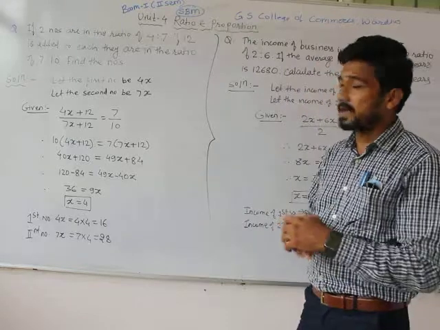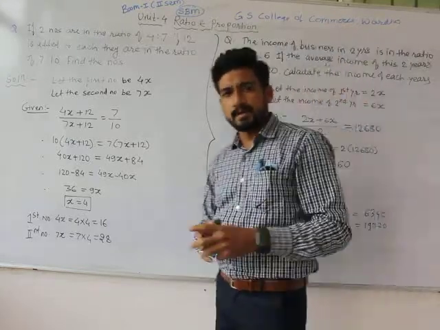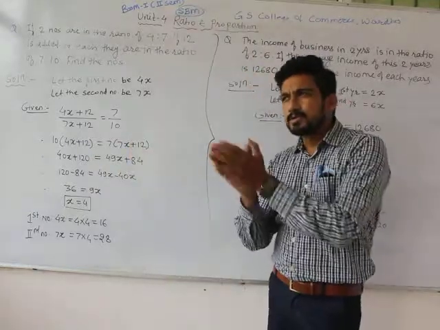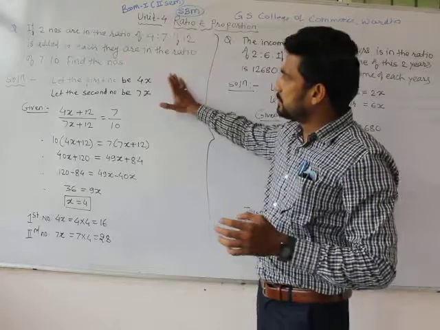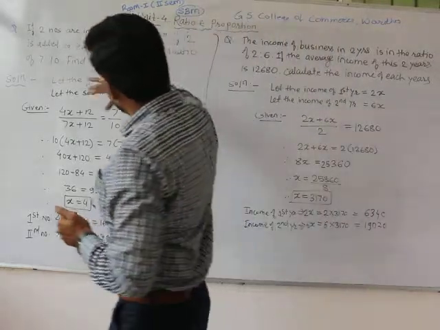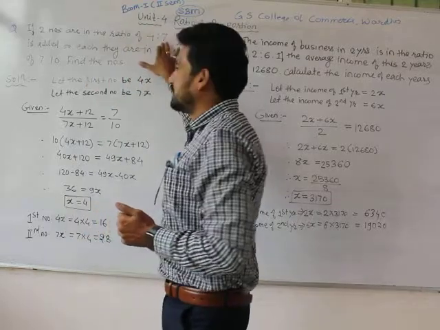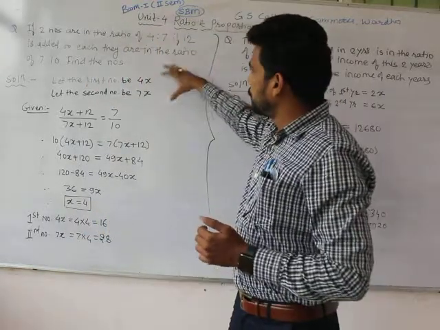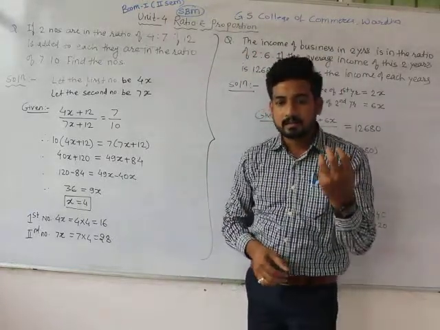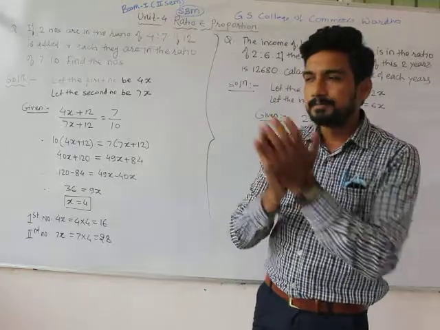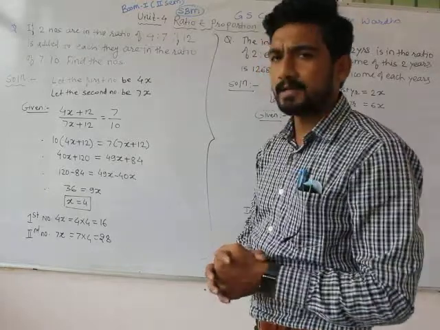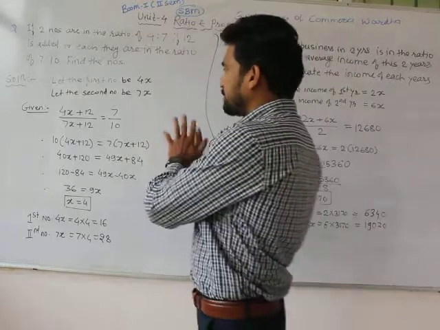First we have to find out the value of x, the value of that particular figure. We generally suppose it as x, so the first number will be 4x and the second number will be 7x. From where do we derive this value? Because the original ratio, the previous ratio given in the problem, is 4:7, so the values will be 4x and 7x. We don't know the exact basic figure, that's why we took it as x. So the first number is 4x and the second number is 7x. Now this is the information that we had.